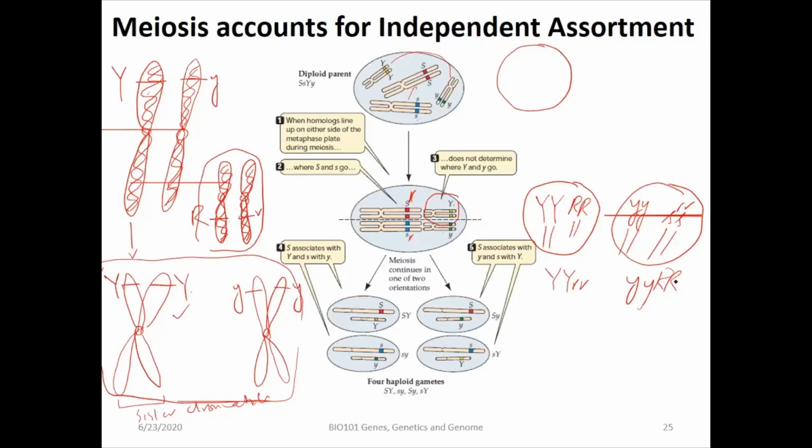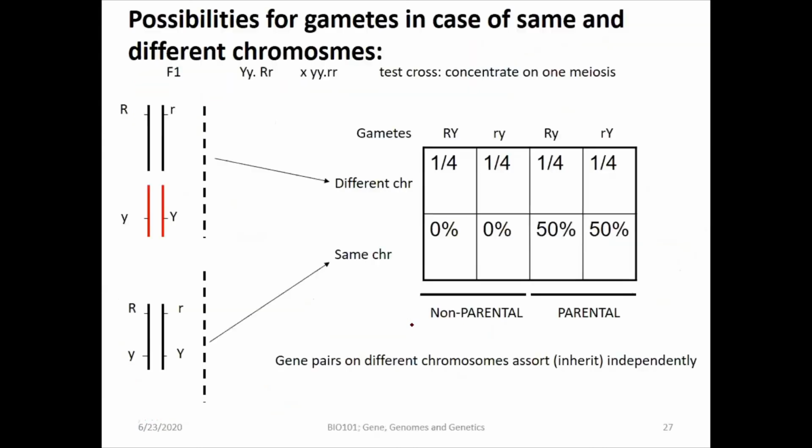And then in meiosis 2, these sister chromatids, which was this one or this one, they go to opposite poles. And you get round green, round yellow, wrinkled green gametes. Okay? So this is a very important concept which you should go and read today,